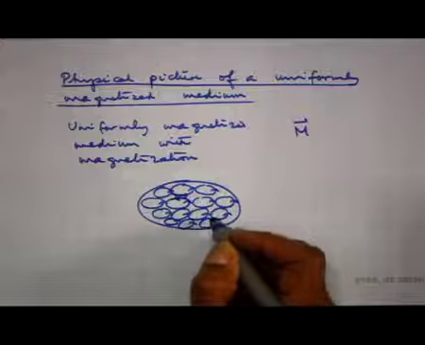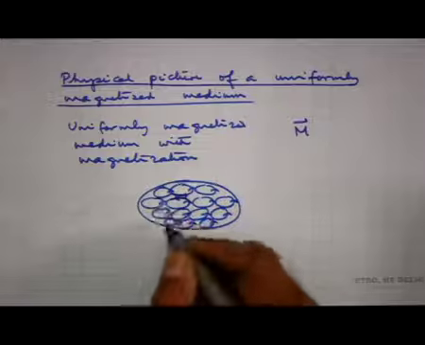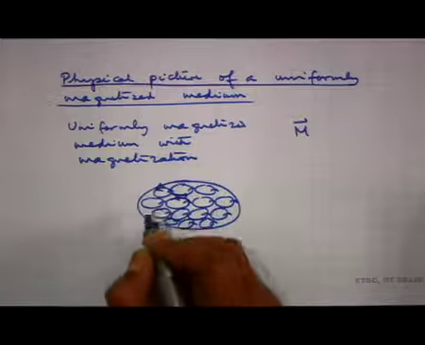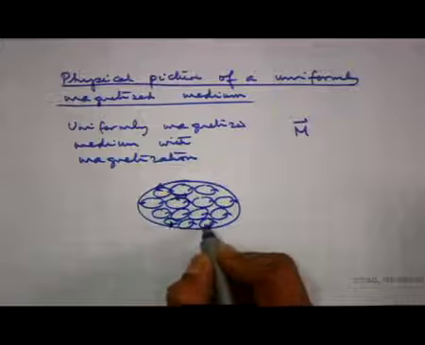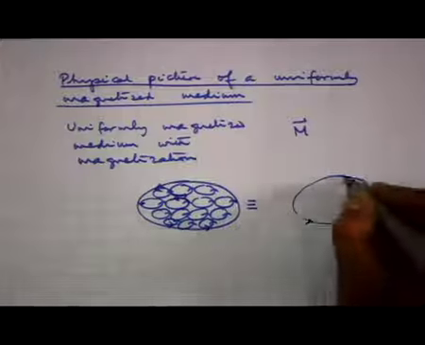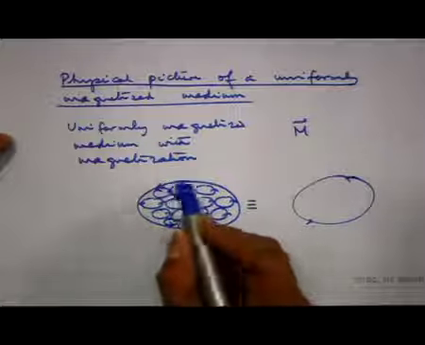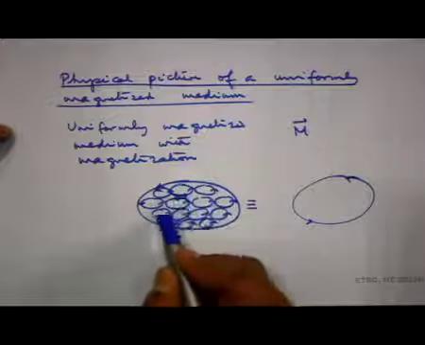So, in a uniformly magnetized medium, there seems to be no effective current within the medium, but look at the surface. At the surface there is a current flowing like this, there is a current flowing like this here, there is a current flowing like this here. So, this becomes equivalent to a current flowing on the outside, on the surface, like this. I am picturizing a uniformly magnetized medium. A uniformly magnetized medium means that there are tiny dipoles in the medium, and if the magnetization is pointing up, these tiny dipoles constitute current flowing like this in small loops,